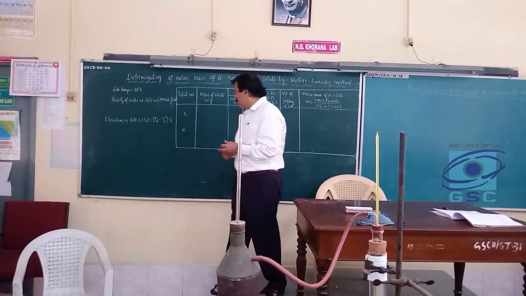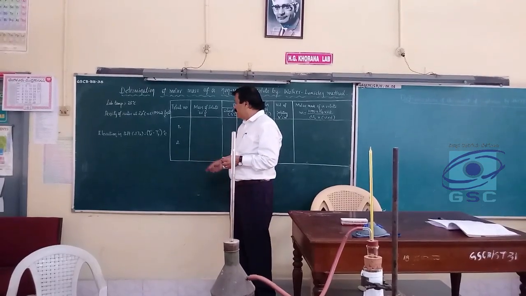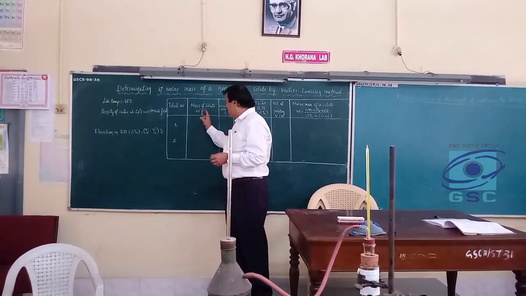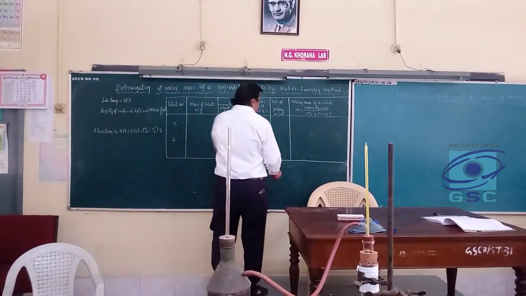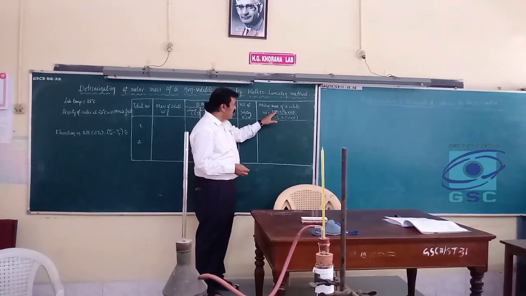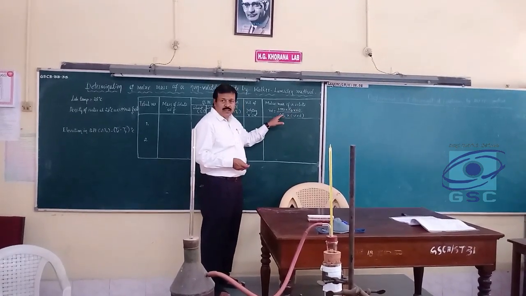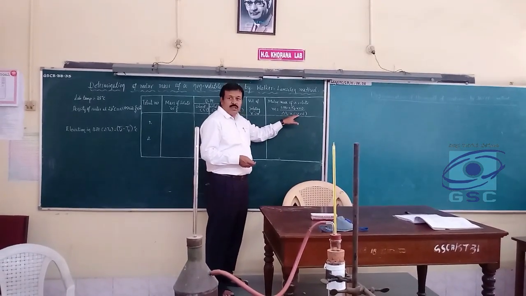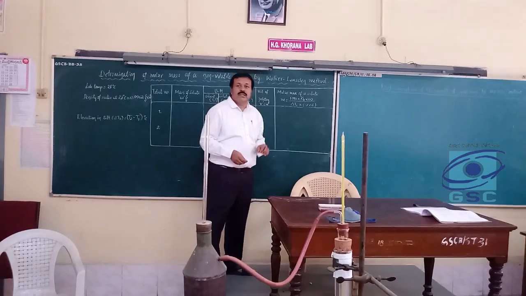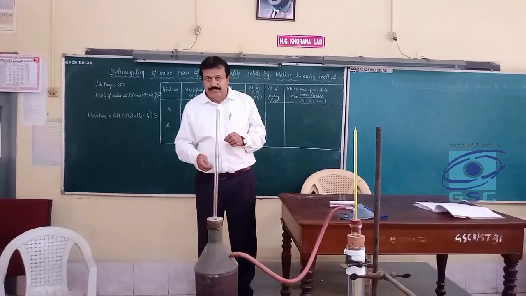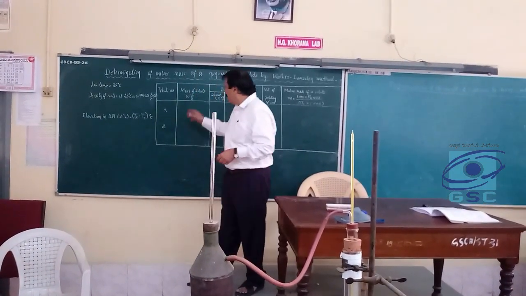In addition to this, you must also know the mass of solute taken for the experiment. So that I have to do now. By using the mass of solute and elevation in boiling point, you are able to find out the molar mass of a non-volatile solute using this expression: 1000 into Kb into the amount of solute taken for the experiment, divided by the elevation in boiling point, multiplied by the volume of solution which is measured after taking the boiling point of solution, and multiplied by the density of water at lab temperature. So now we must know the value of W.